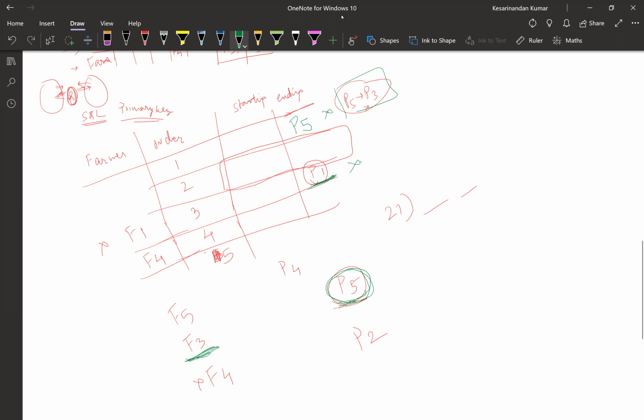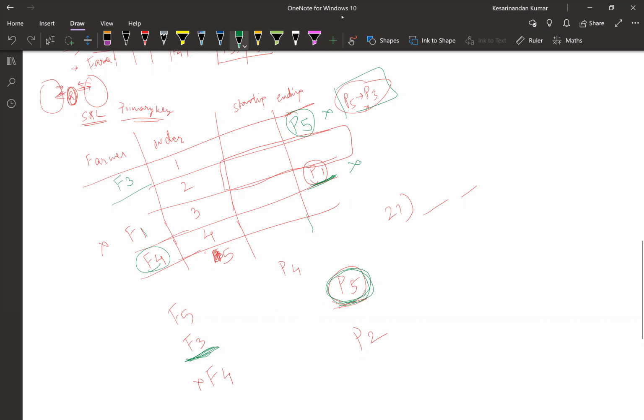Yes. Yeah, that would mean I am putting F3 here. Yes, yes. Okay, so P5 will be the ending point, that is fixed now. So P5 is done. P5 to P3 was not here. F3 is done. We have F1 already. Sorry, F1 is not here. We have F4. Now the farmers we have are F2 and F5.